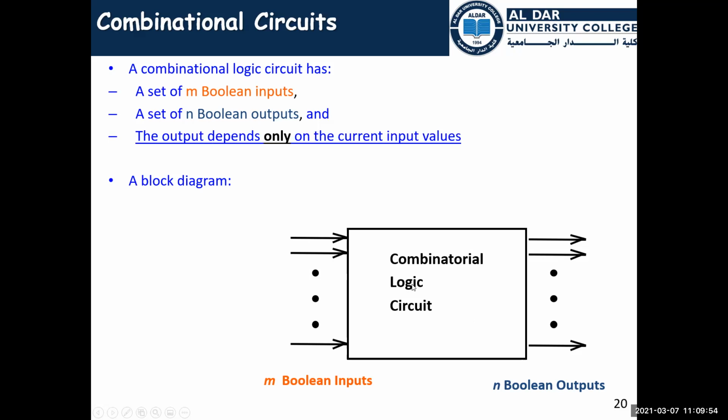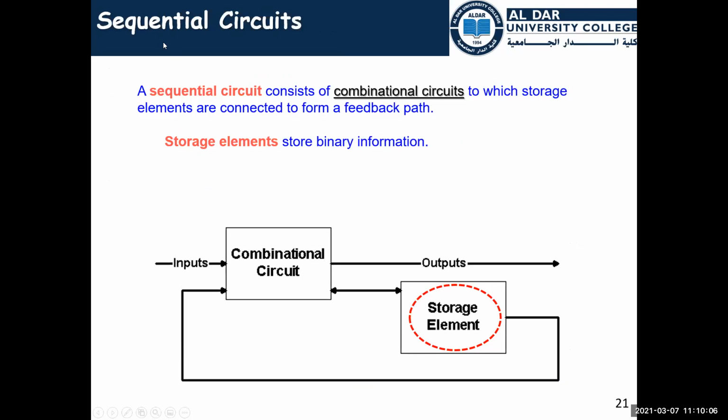We have another one, which is sequential circuits. We studied both of them in this course. There is no cycle. There is no feedback from the output to the input again. But for the sequential circuit, you will find the combinational circuit here has M inputs and N outputs,